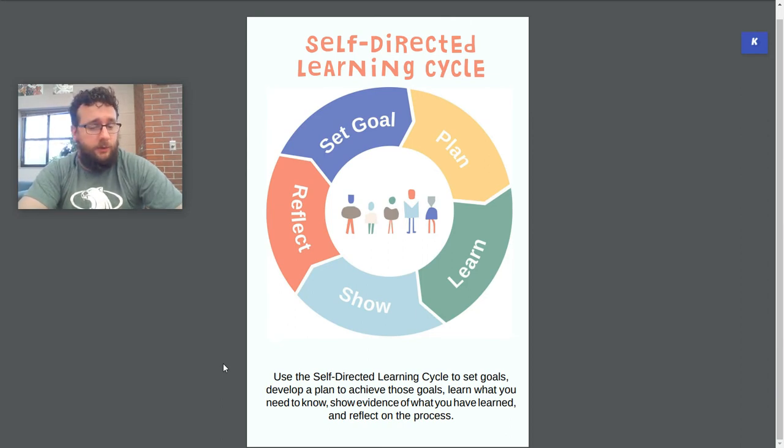This is what students do during a separate subject that they have, a separate class period, which is called SDL, or self-directed learning. It's also what they do in their own time in order to manage, plan, and make progress in their mastery, especially of content knowledge. It is important that students own this process, and ultimately it's up to them to do the best in this. Teachers and mentors will be helping them, but as time goes by, we want students to grow and become better and better at applying this,